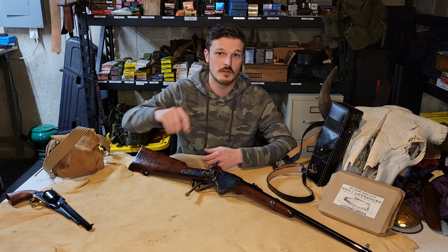There is no way to fight against something that you can get 7 rounds of metallic cartridges in, that you can just keep repeating those rounds off and then reload off something like a Blakesley box, or even if you're reloading out of a bag, just individual rounds. You could put 7 rounds in the gun almost as fast as you could load 1 round in your muzzleloader. So enormous game changer for the Civil War battlefield. This rifle came into being,